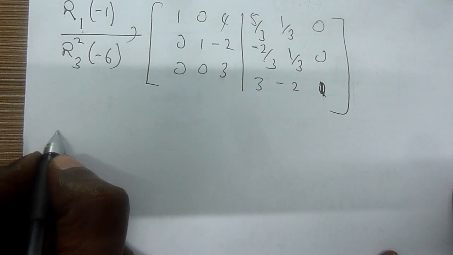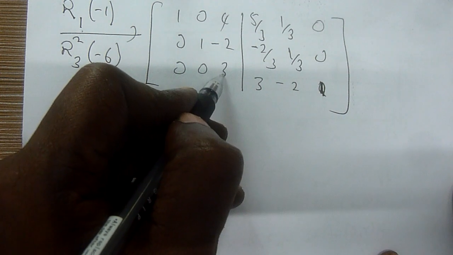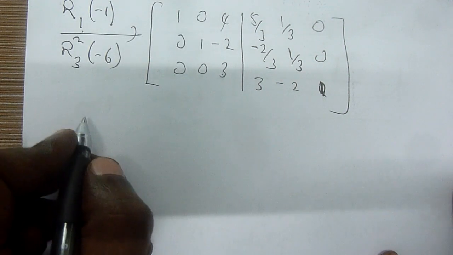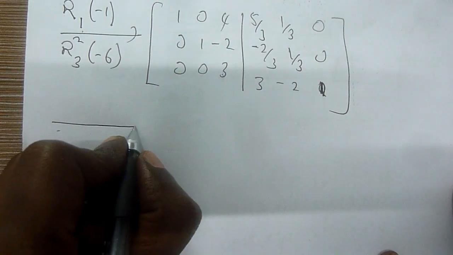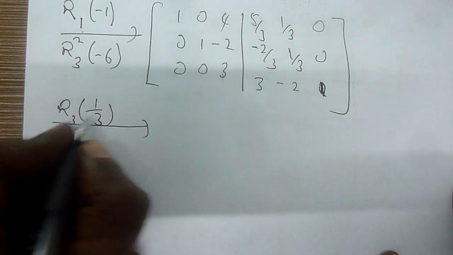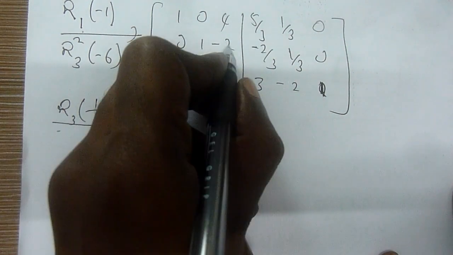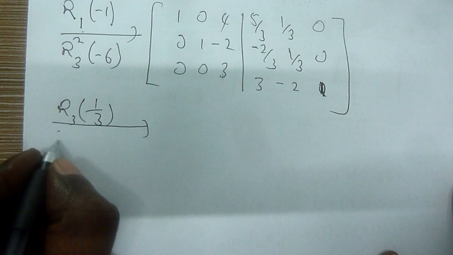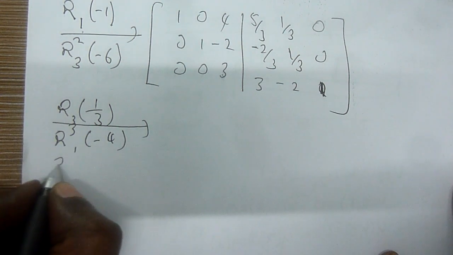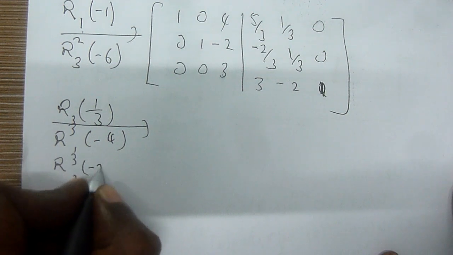Okay, now the third one is to make it this one, remove this, make it 1 and 0, 0. Can I do that? Yeah. Okay, therefore there are 3 steps involved here. 1, 3, I divide with the 1, 3. That means I remove this, make it a 1, and I just throw away this 2. Okay, and 3, 1, negative 4, R3, 2, negative 2.